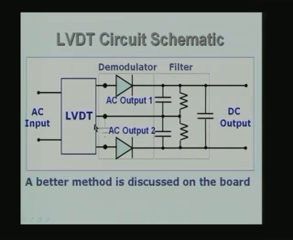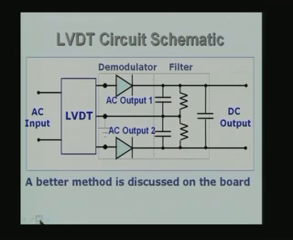When there is a movement of the core with respect to its null position, then either this voltage or this voltage will be higher, and accordingly the DC output will show either a positive or negative sign. Actually, what I am going to do is going to show a better way of doing it by using